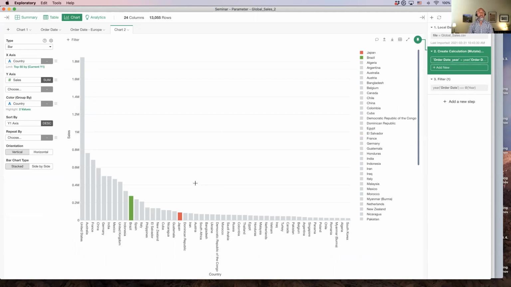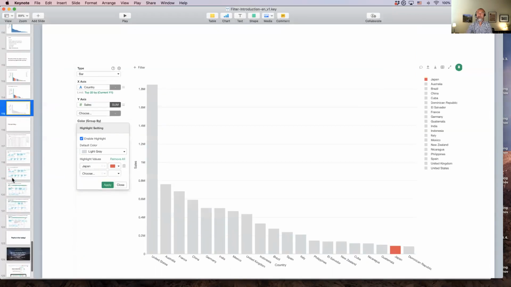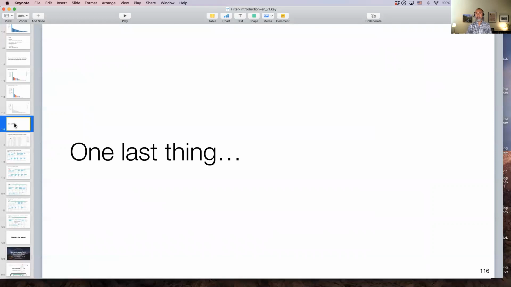Okay. So that's the chart highlight. It's slightly different from filter, but in a way you can think of it like you're doing a similar thing, especially when you're investigating the data. And then the last thing is,